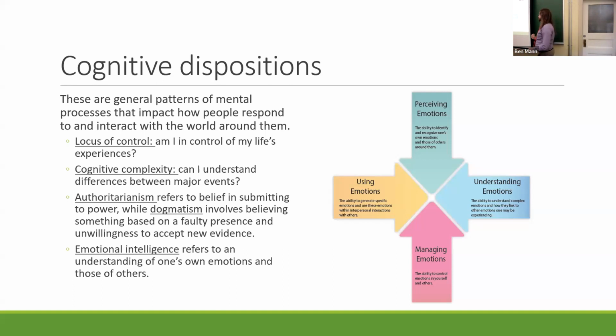Cognitive complexity, right? So this is an important idea to know too. One way of thinking about this is the idea that human beings naturally like patterns. We like things to be predictable. We like to be able to mentally sort things. One of the consequences, of course, is that we can be prone to stereotypes. So cognitive complexity is the idea that we're able to mentally sort and map out different things in a way that helps us to make sense of the fact that one interaction and one person is not the same as another person.